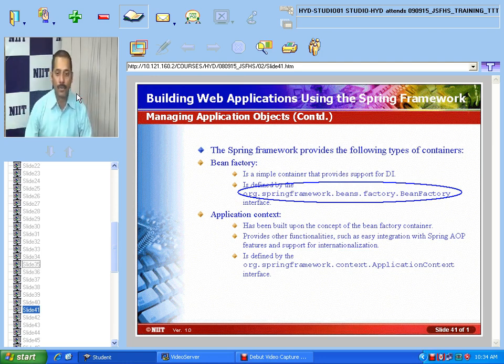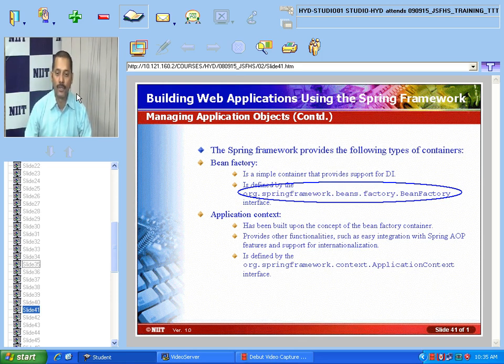Now coming back to the Application Context module. What is an Application Context module all about? This has been built upon the concept of the Bean Factory container only, and this will provide functionalities like integrating with Spring AOP feature, support of internationalization.